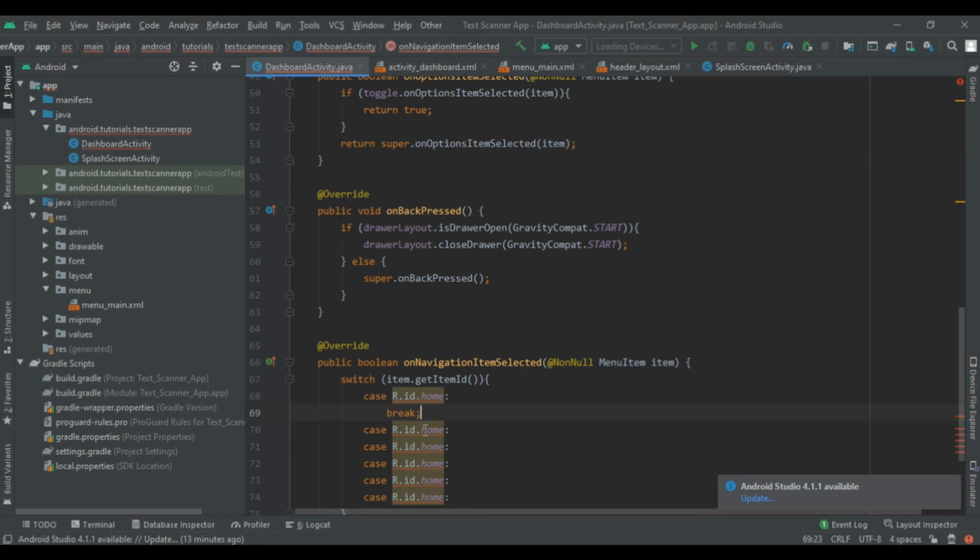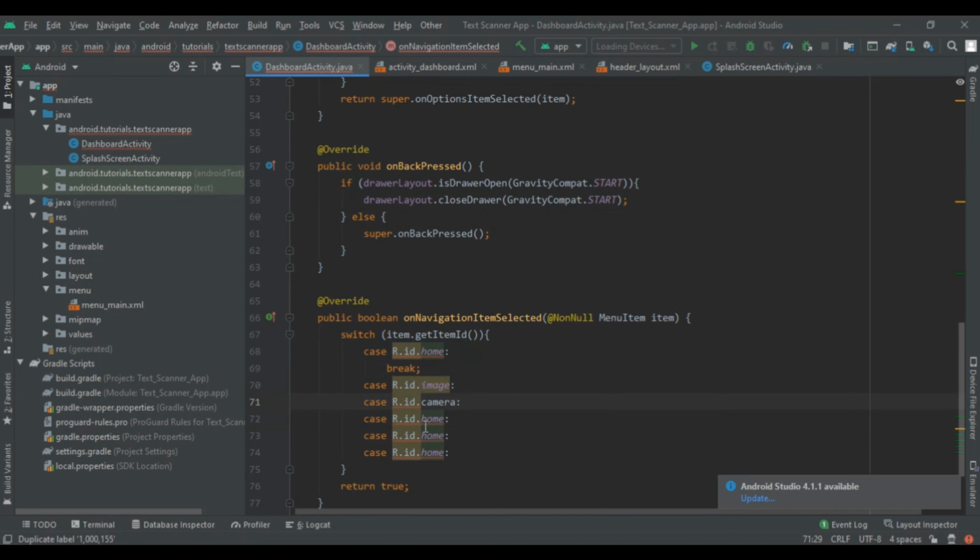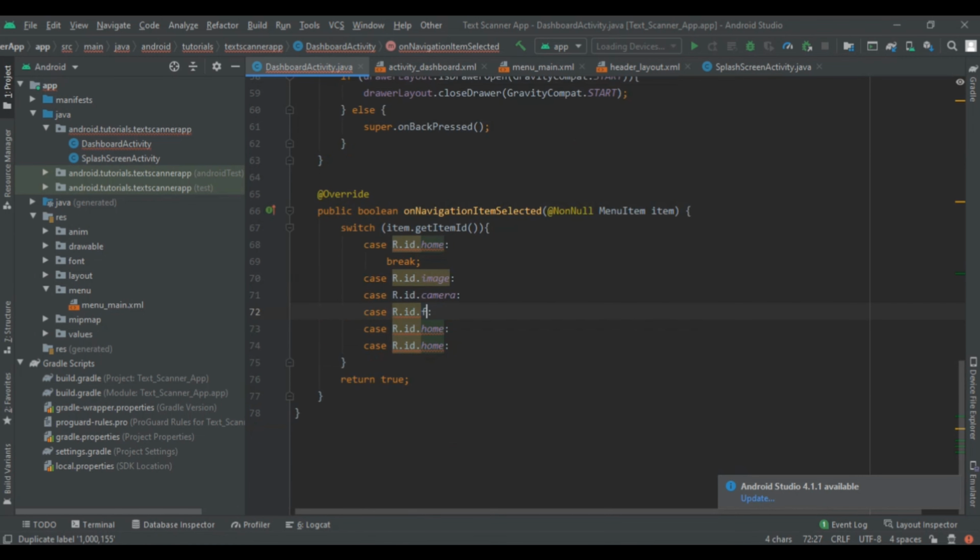So I am using this. First image, then it will be camera, share or feedback, then it will be share, and next item will be rate, and apply the break to all of them.